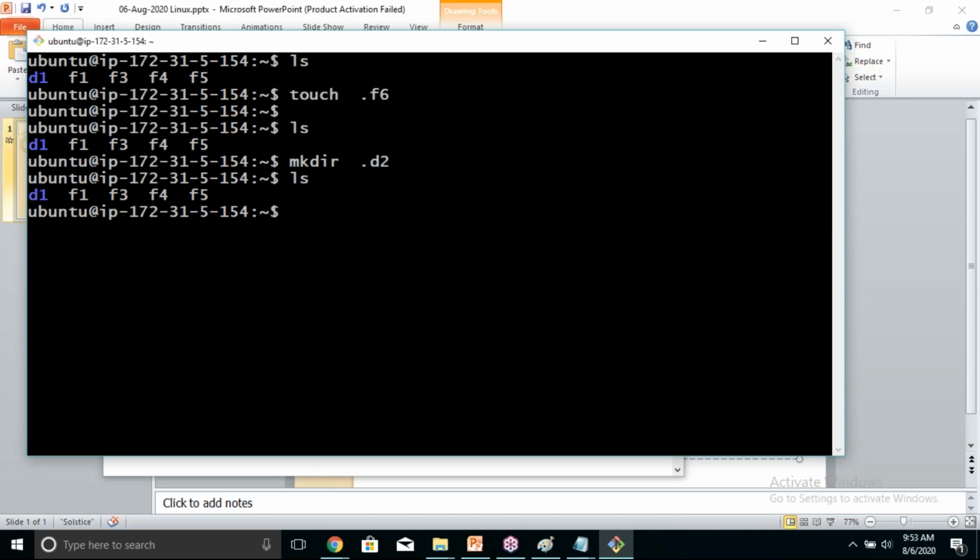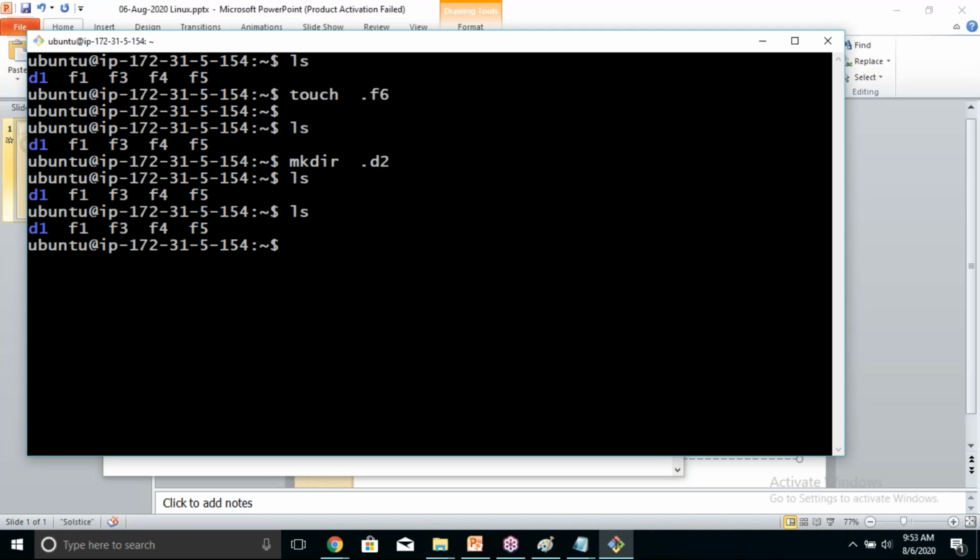Sir, why do we create hidden files and hidden directories by default? It's not that we create them. Sometimes when you install a particular software, you find some default files which are hidden files. We generally will not create a hidden file. Sometimes your operating system comes with hidden files. If you want to know how to create a hidden file, this is the way you can create it. We generally never get a chance to work with a hidden file, but you should be in a position to work with one. There are some hidden files available.